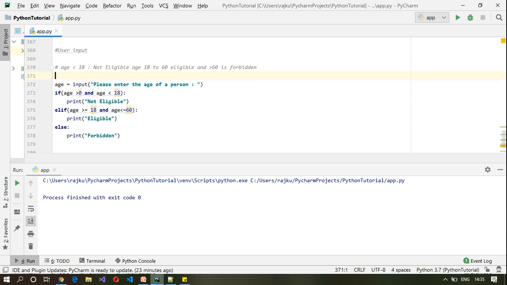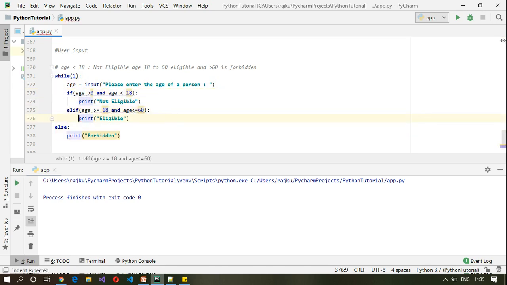Now we want to repeat this multiple times. So what I will do is while 1, which is always true, we will try to get the age. Indentation is very important here. While 1, age is equal to input, and then we want to quit at some stage, correct?